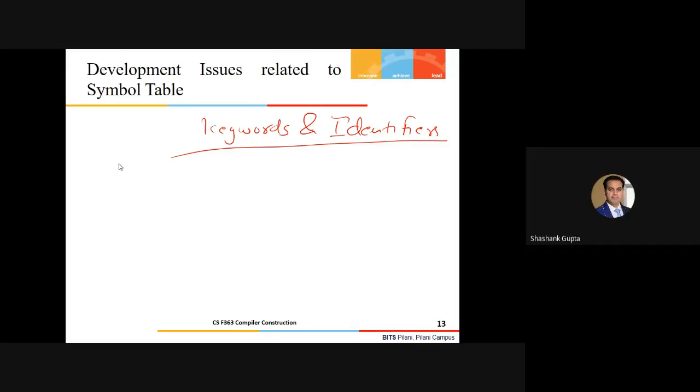Right. So what exactly are you saying? Let me put some more light on it. Suppose the language specification has been given to me, and assume there are 25 keywords in my language. Now I have implemented the symbol table. Initially, I will initialize my symbol table with the list of keywords, say K1 to K25. This has already been done.